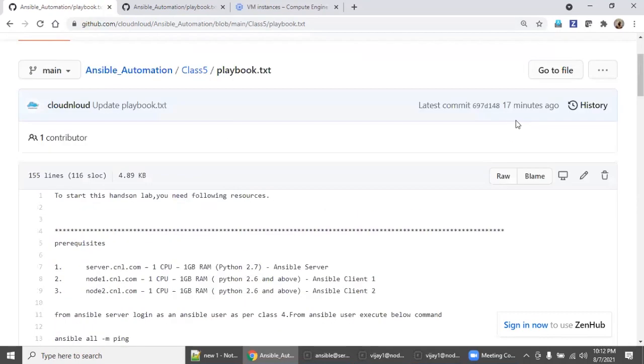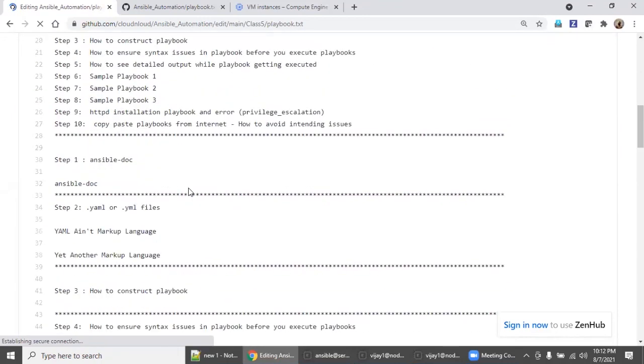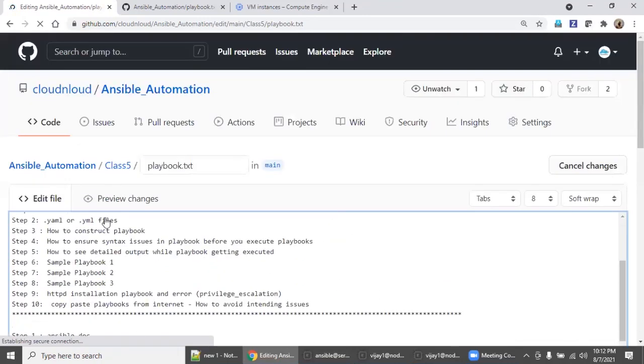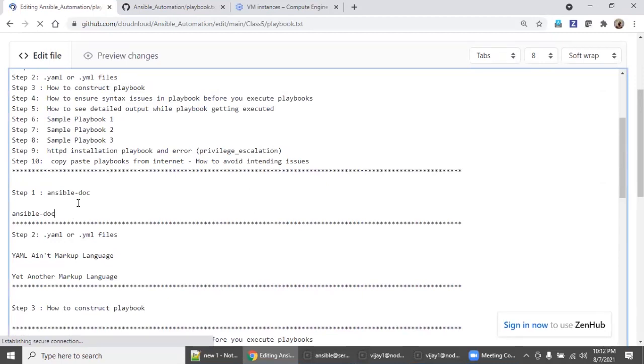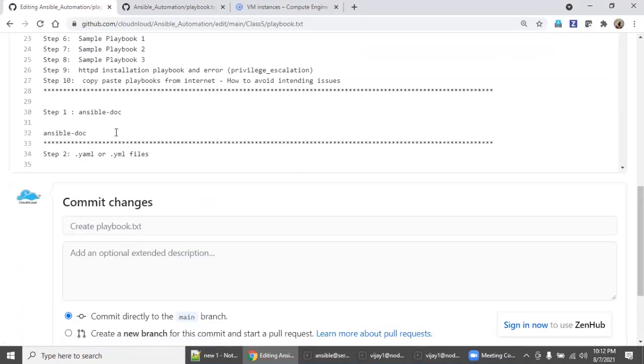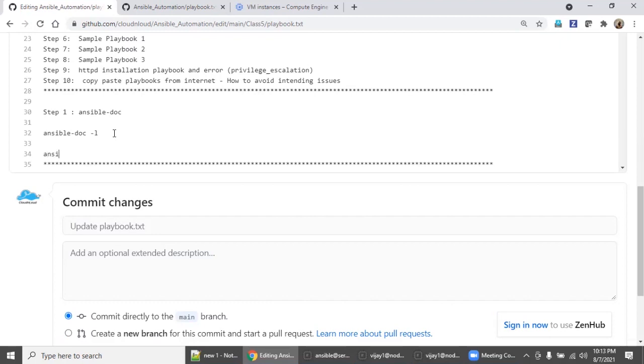I will just update here itself. To list, ansible-doc -l, and to count, ansible-doc -l and then pipe wc -l, to see how many modules are available.